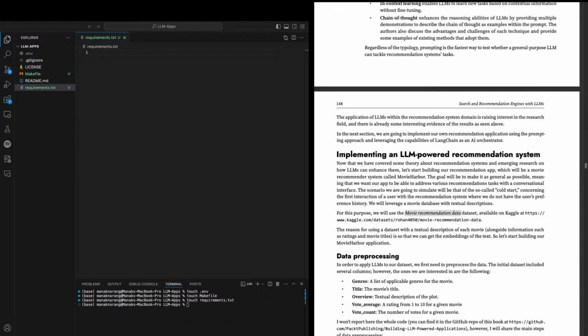Thinking about this, I think we should start with movies. Where's the movies?